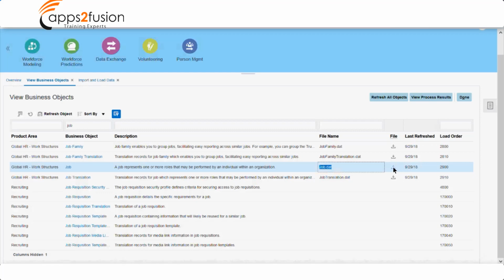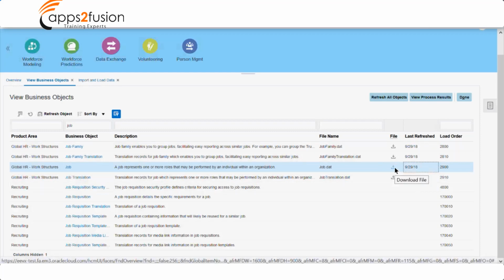So why is this last date coming here? On this day, on 9/29, you have generated this file. No, when you say this, what I understand is the file will have all the fields and everything related to that job object, right? When you said last refresh, is it the clone of this instance, or only the... I didn't get that. Yeah, I'll tell you. This refresh date means on this day I generated this .dat file.